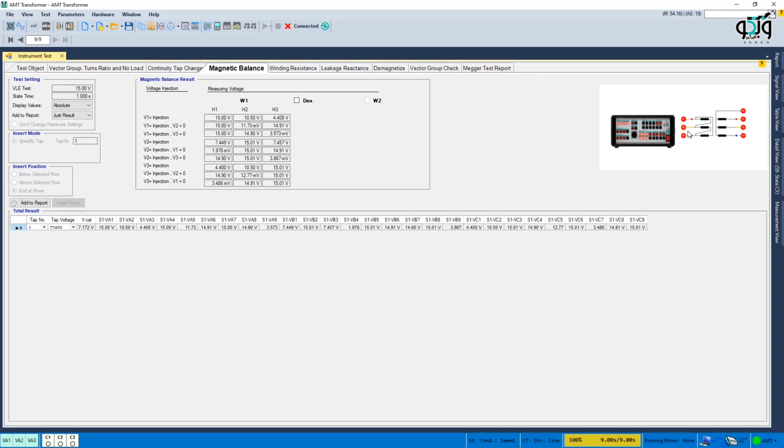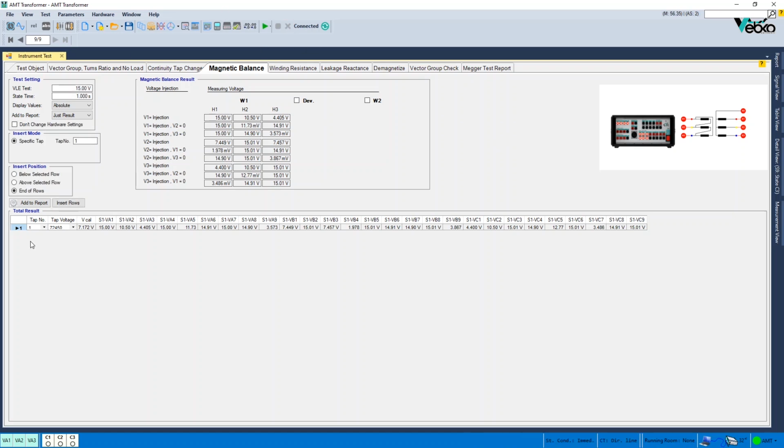The second point is that error power appears during performing a test. It means that too much current is drawn from the voltage phases and you need to decrease the test voltage to resolve this issue. The third point is that if for any reason you wish to change the wiring of the device,